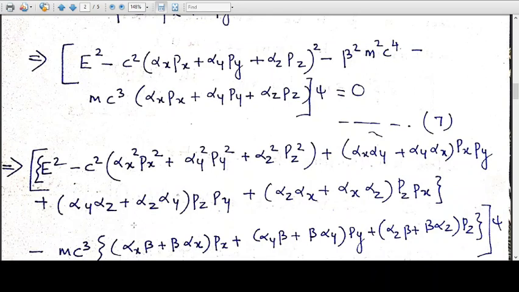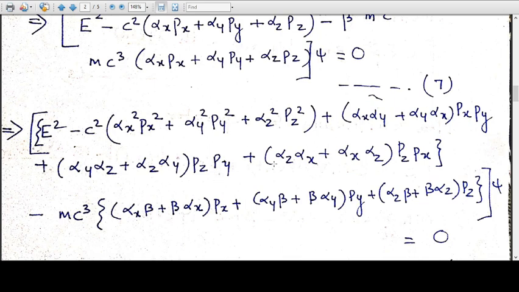Now you expand the whole thing. You know this is like (a plus b plus c) whole square. So now you do the analysis, you get so many terms. There will be some pure terms, then some mixed terms. So you rearrange all the terms. It's not an easy exercise. It will take some 5 to 10 minutes to rearrange all the terms. Once you rearrange it, it is not difficult mathematically, you just rearrange the terms, and you will get an expression like this. This is the complete expression where you have the pure terms and mixed terms of px py, pz py and pz px.